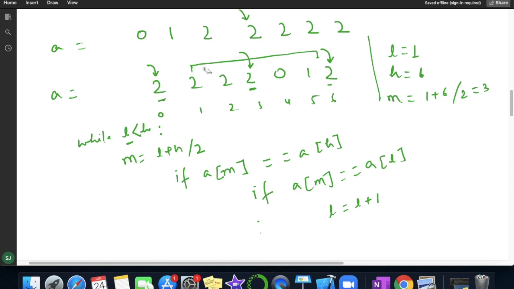Now you can see, let me delete this all. My mid is here, this value, still at index 3, high is this one, and low is at index 1. This is my low. So I am checking here if my mid value is equal to high value, yes, and you can see here mid and high both are equal. And again I am checking my mid and low are equal, yes, again it is equal. Then I will move my low to low plus 1, so it will become 2.